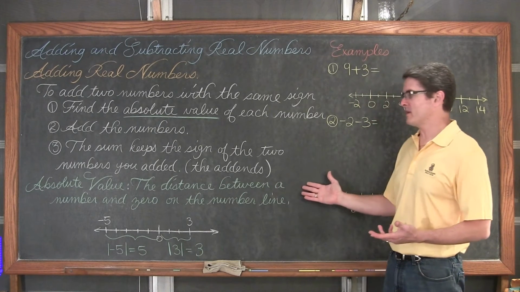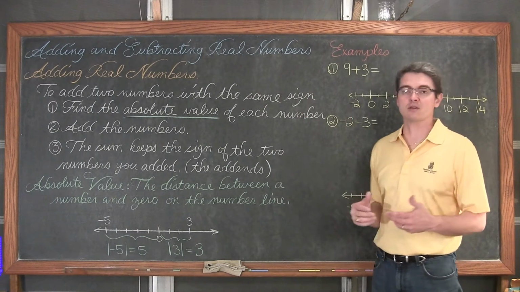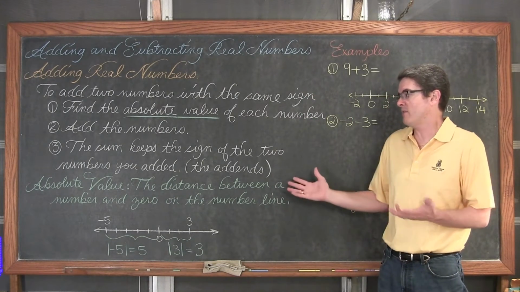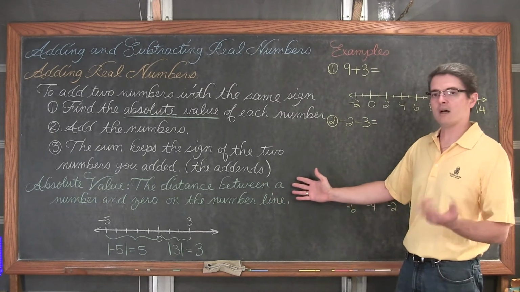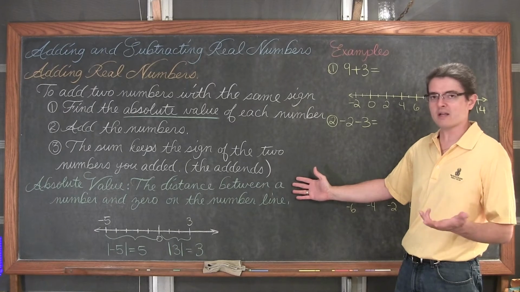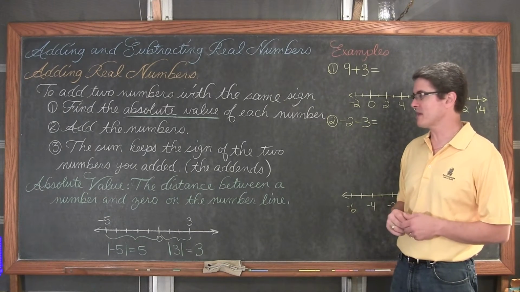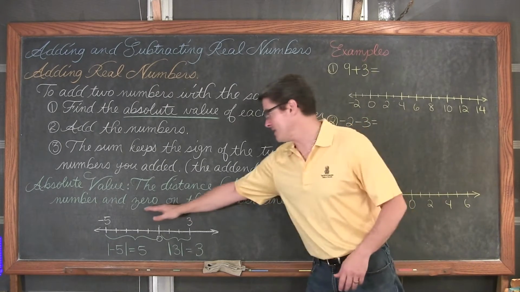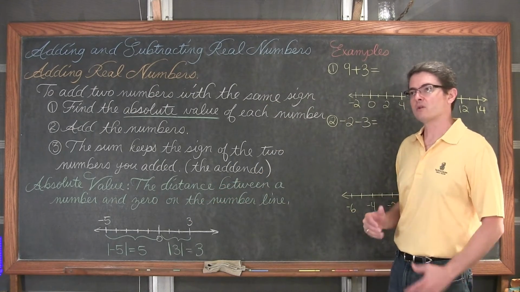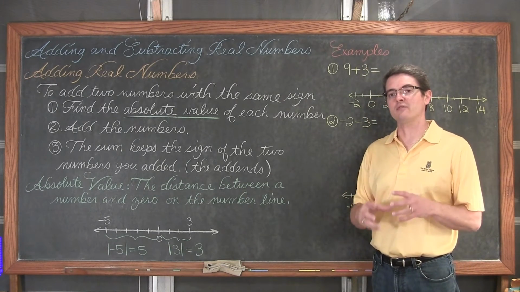Now, the absolute value of a number, that is a definition that does come up a lot in mathematics, not just doing basic arithmetic like we're talking about here. We even talk about absolute value functions in calculus, many years from probably where you're studying right now. So it's not a bad definition to talk about. The absolute value of a number is the distance between a number and 0 on the number line. So what we basically see is that absolute values get rid of negatives.